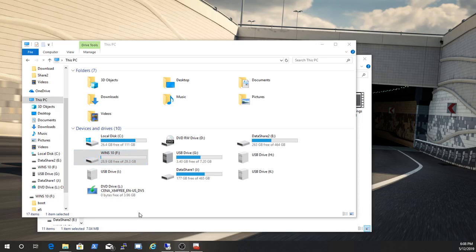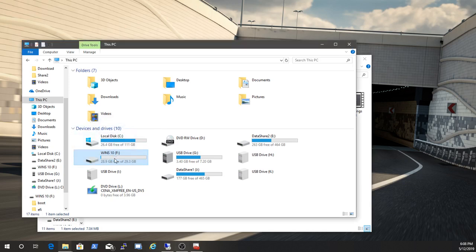Today we're going to be taking a look at creating a Windows bootable USB drive. This comes in handy if you want to install, upgrade, or troubleshoot your PC. So let's get started. First things first, after you insert your USB, you're going to want to right click and